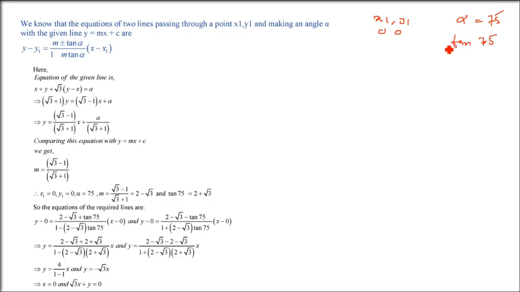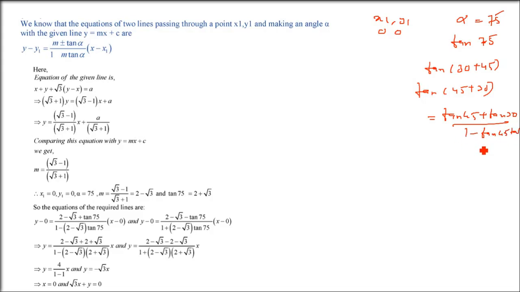So I leave it to you. Let me tell you what formula we are going to use. I hope you will be able to do it. Tan 75 you can write as tan(30 plus 45) or tan(45 plus 30), either way. It will be (tan a plus tan b) by (1 minus tan a tan b). Tan 45 is 1, tan 30 is 1 by root 3. Just put in here and you will get the final value, and this will be 2 plus root 3. I just want you to do it. So this is done.